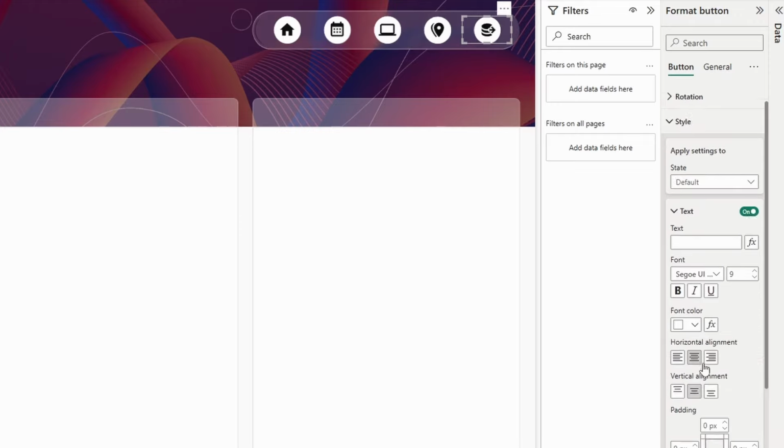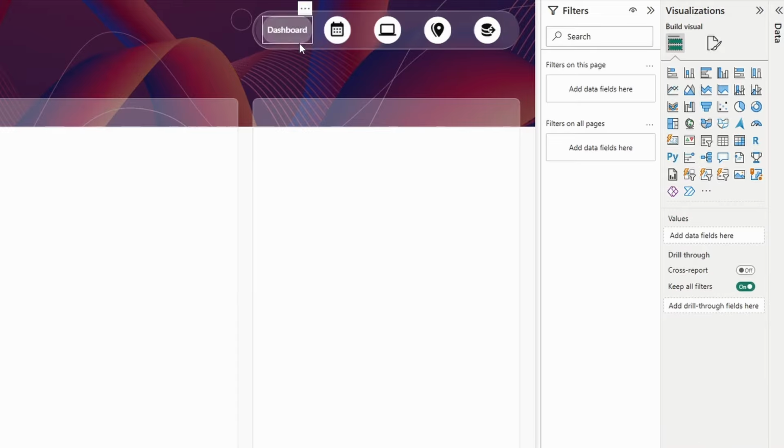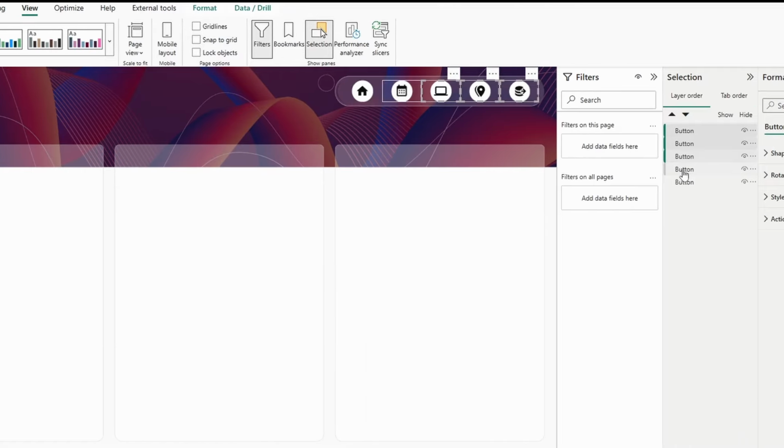Once you've done that, you're going to change your style to on hover, so that way you can update your text. So we can name this one table or export. Next one will be region. The middle one will be product. Next one will be period. And we're all done. So the next thing we want to do is go to view selections, select all of